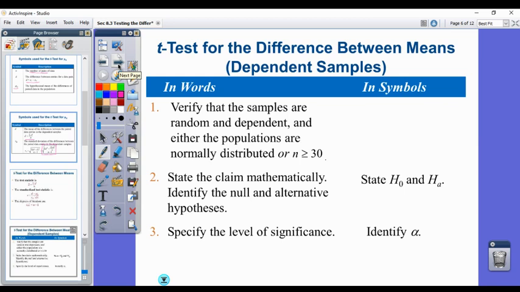Okay, so just like we've been practicing, you're going to verify that your samples are random and dependent, and also normally distributed, or at least n is greater than or equal to 30. You're going to state your claim and then identify your null and your alternative hypothesis. Identify your level of significance, and it's always good, when you're identifying your null and your alternative hypothesis, to determine if the test is right,